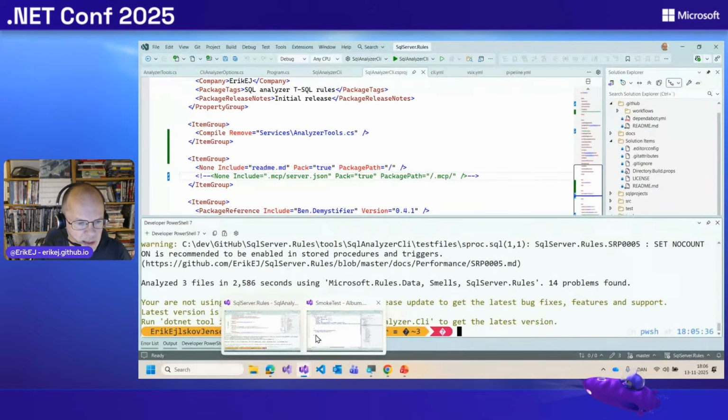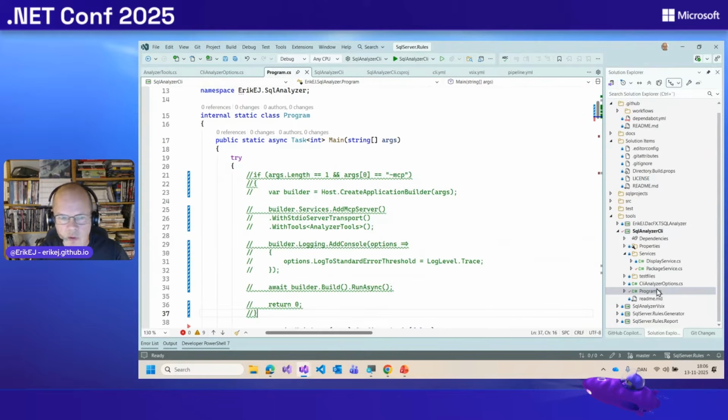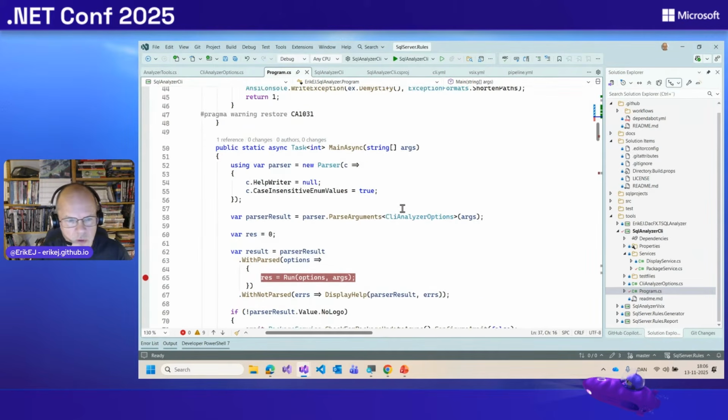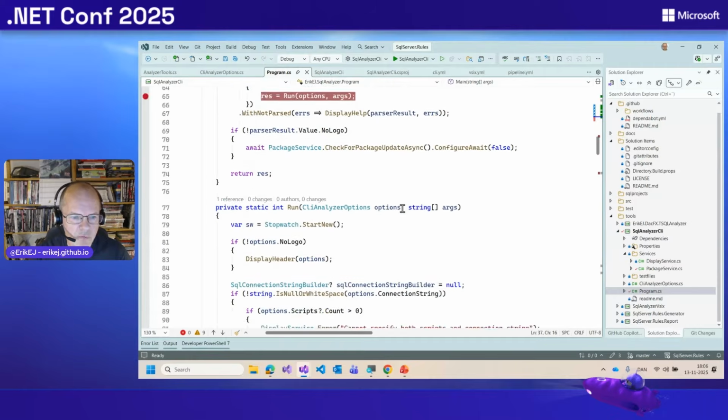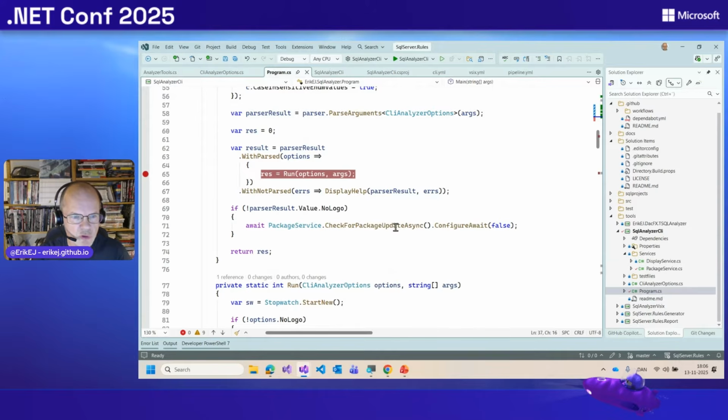So given that we have this command line tool, which is a standard console app, and it parses command line options. I'm using the command line library to do that, and then I run my class library for actually doing the analysis of whatever is supplied to it. So it can take a list of script files, or just a single one, or it can even take a piece of text, which is SQL script, and then analyze that and return the results. So right now, this is just a plain old school .NET tool.